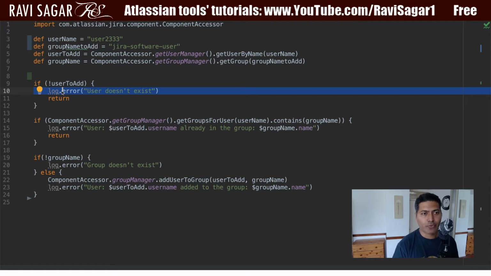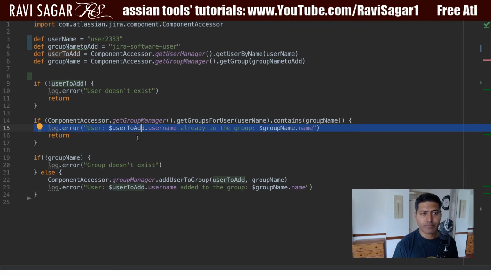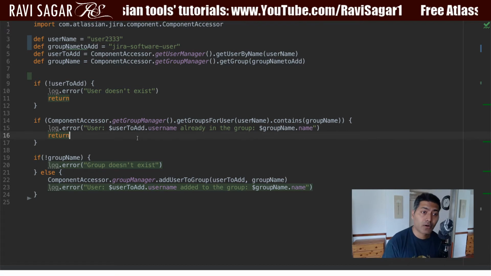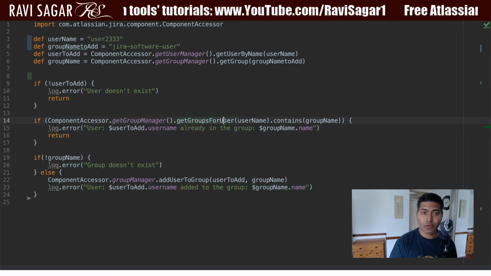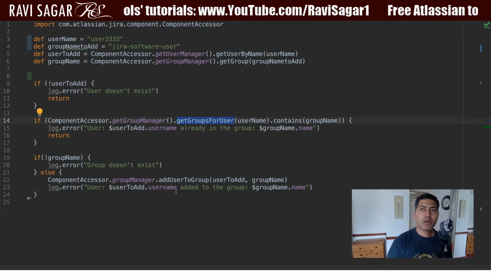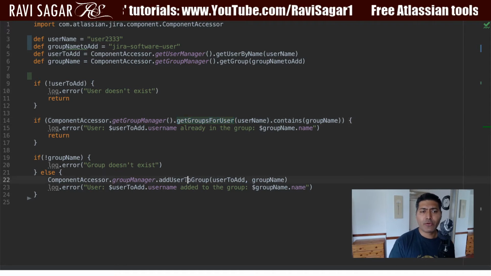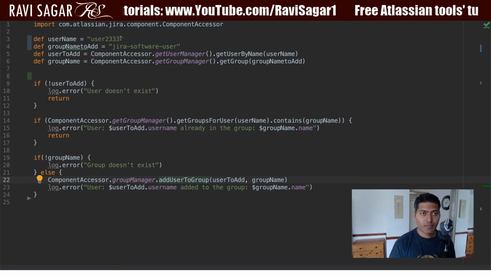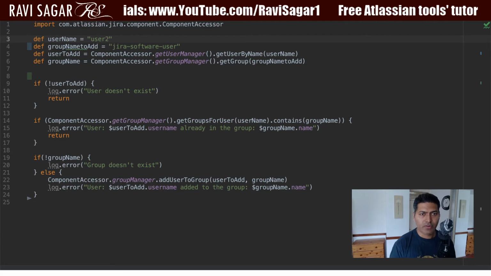We are making a log entry. The second thing that we'll do is, again, check if the user is already part of the group. This is also something really interesting. If the user is already part of the group, then you may not get any error, but you need to know what is happening, whether you need to run this, or whether you need to call this add user to a group. For example, if I run this user2 right now, it will of course give me this error.